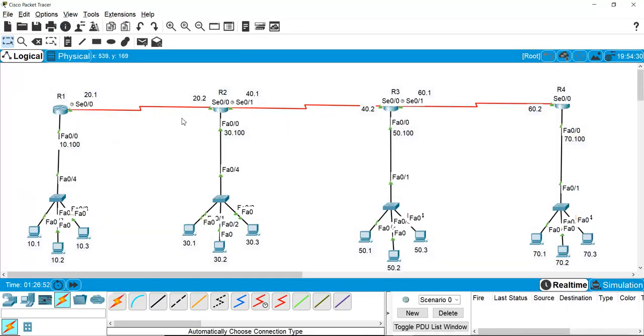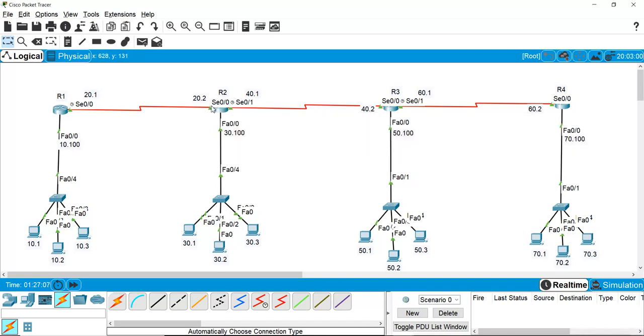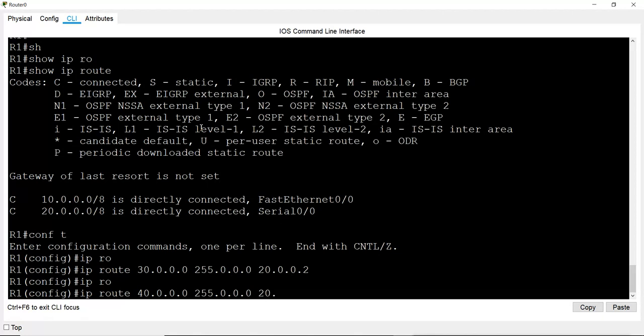Now the first hop address will be the same, because when I go to this network, I will again go from this same serial port, and the first router is again router 2. For entering into router 2, the first interface will again be serial 0/0, and the IP for that interface is again 20.0.0.2. So the same thing for this side. If I go, the first router is router 2 and the first interface IP is 20.2. So my first hop address will always be this one for this side.